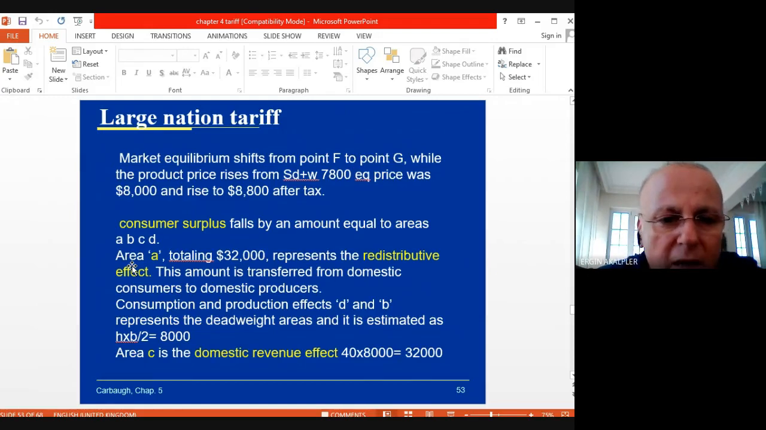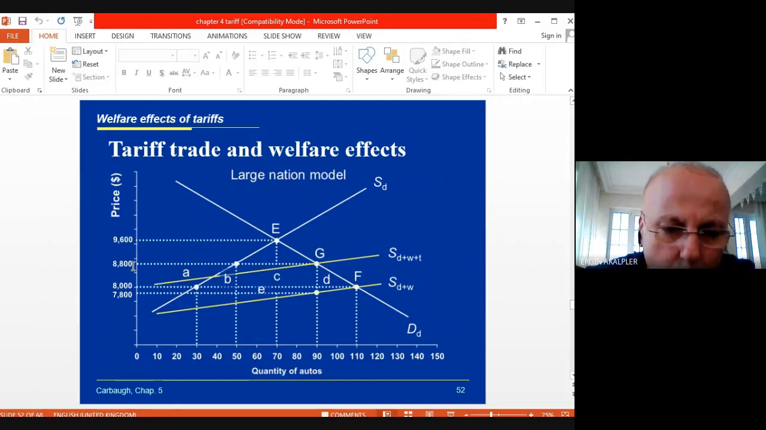Market equilibrium shifts from point F to point G while the producer price rises from ST plus V, where the equilibrium price was 7,800, or 8,000, and rises to 8,800 after tax. Consumer surplus falls by an amount equal to area ABCD. As you see here, the ABCD is again reduced because the tariff amount shifts the welfare, reducing the welfare